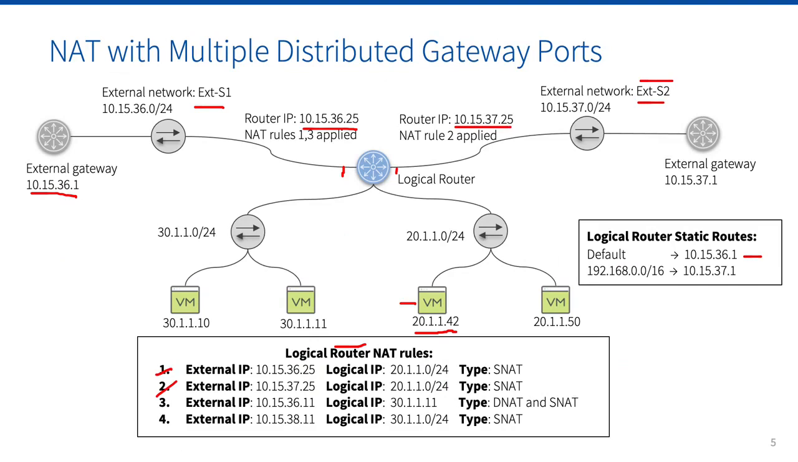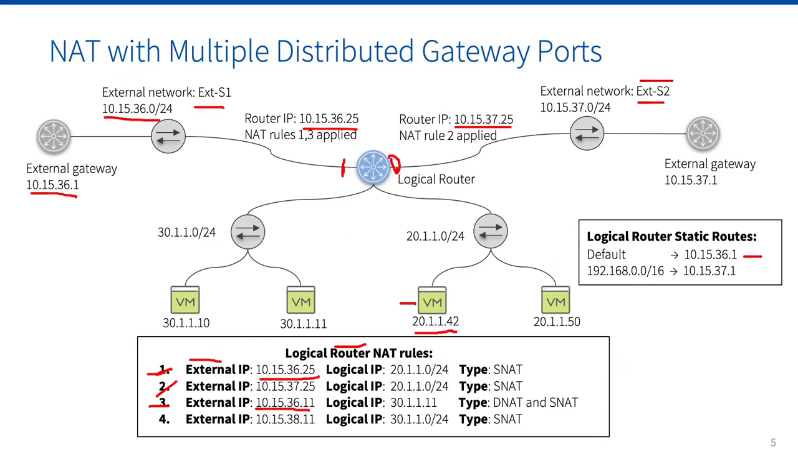In general, when multiple distributed gateway ports are configured for a logical router, a NAT rule is applied on a matching packet entering or exiting a specific DGP only if the external IP of the rule belongs to the same subnet as the DGP. In this case, NAT rules 1, 3 are applied to matching packets entering or leaving the ext-s1 DGP as the external IPs of these rules are in the same subnet as ext-s1